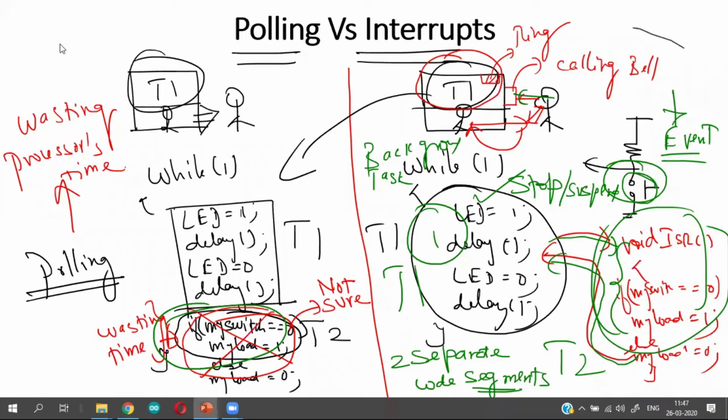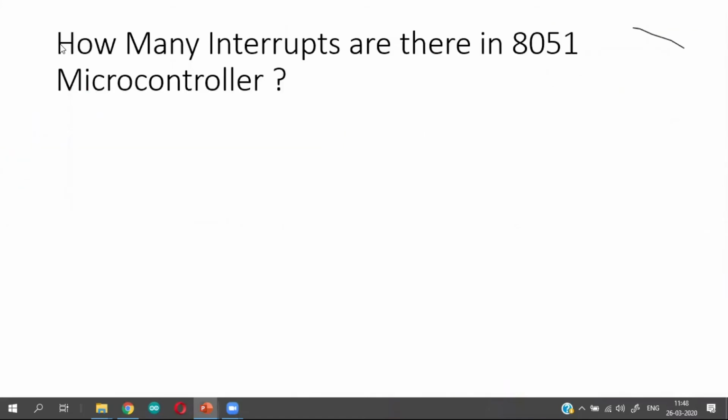So what should be our next topic of discussion? You all know very well that interrupt is more meaningful. It is more productive with regard to polling technique. So what should be my next understanding would be how to use interrupts in my microcontroller. What are the various interrupts available and how do I use them? That is the topic of next discussion.